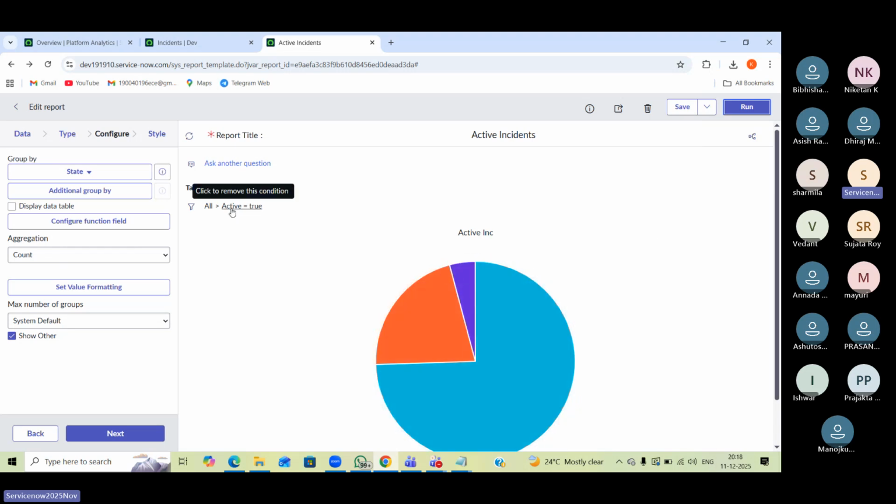Okay, active incidents. Okay, so you should add the condition here in the filter icon. So whatever the conditions that are given, you should add the condition here itself, here, the filter icon, and